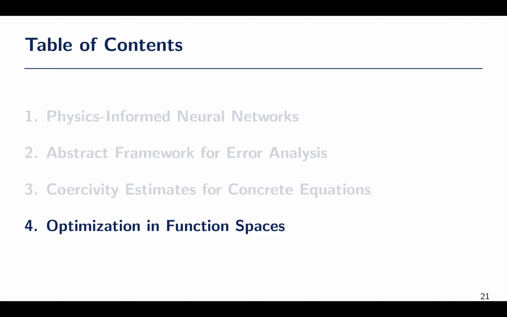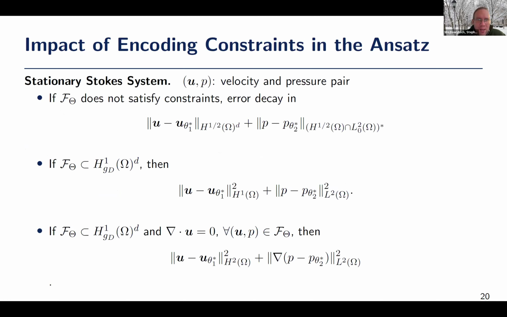Can I ask a question? So you have these error estimates. Does that give you any insight into how to design a PINN functional? Obviously you can penalize the mismatch in L2, which is the common way, but you could also penalize the mismatch between the PDE and the effective output in a stronger norm like H1. So do you get any insight into what would be a good idea to design your loss function? You definitely get some insight.